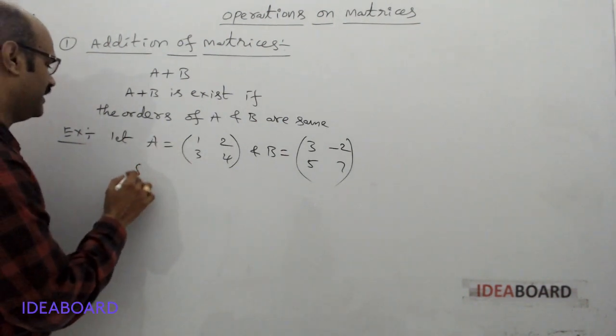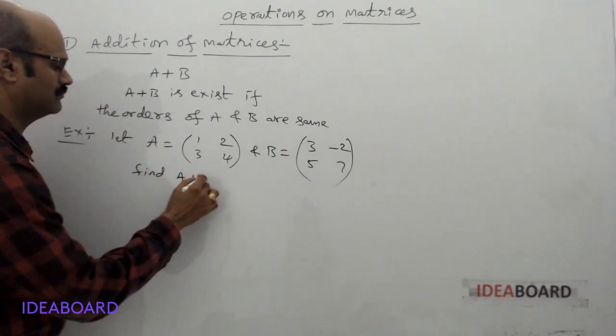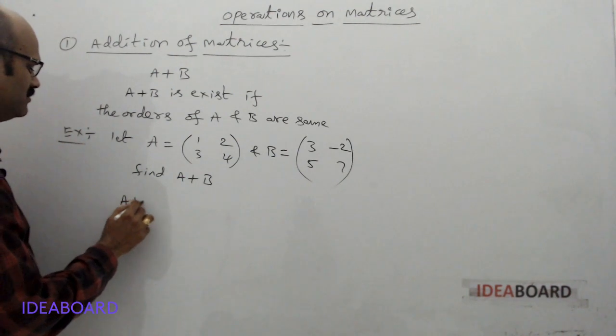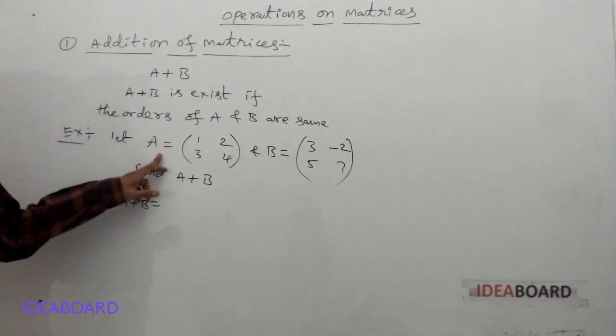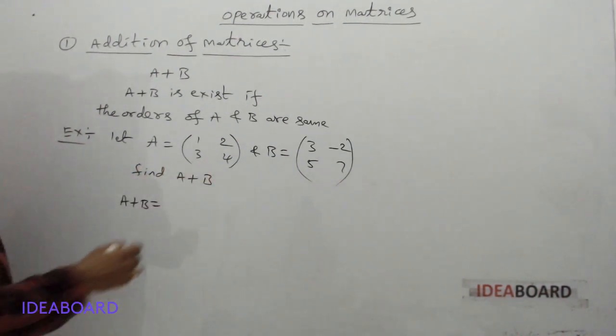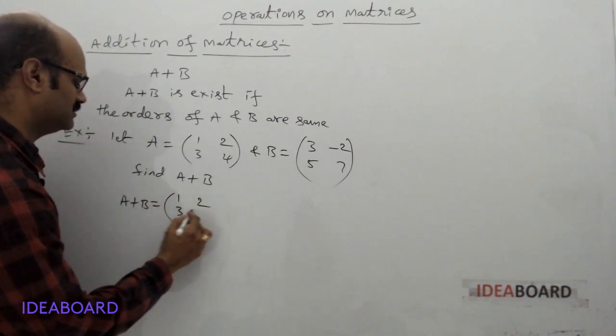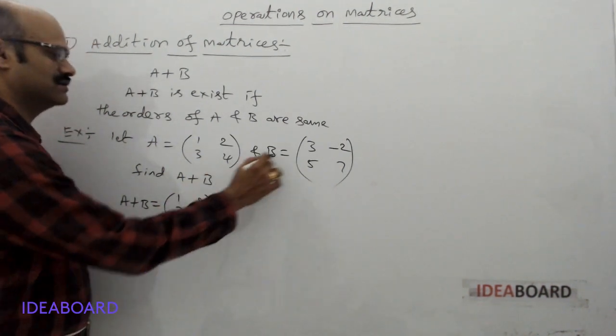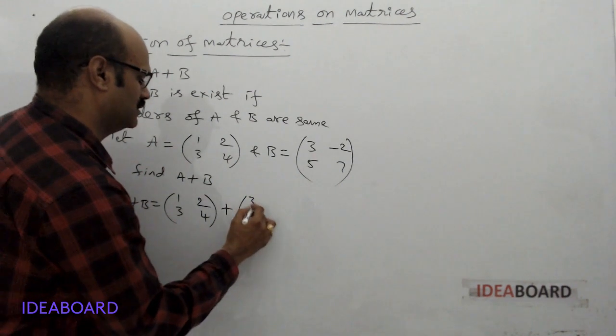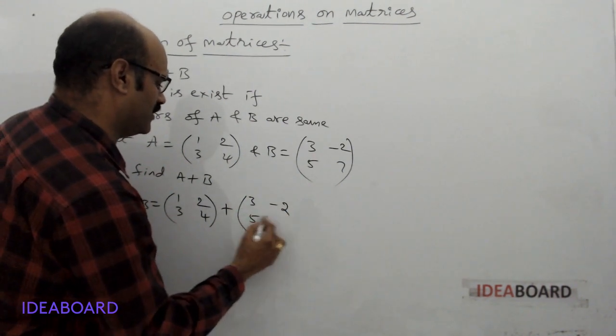Now find A plus B. A plus B equal to [1, 2; 3, 4] plus the matrix B equal to [3, -2; 5, 7]